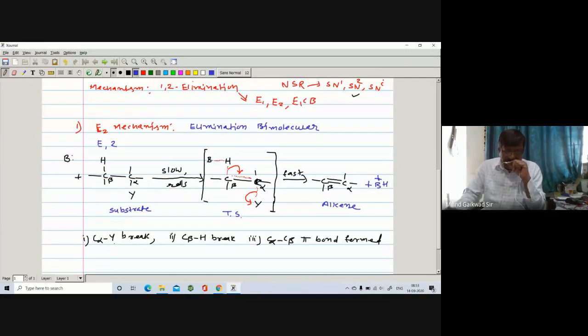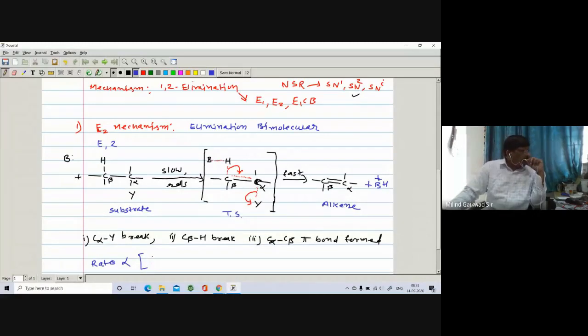Now, from the above mechanism, in the E2 mechanism, just like it is similar to your SN2, the first step is a slow step. So you can find out what is the rate of reaction. The rate of reaction depends upon the slow step, right? Now, can anyone tell what is the rate of reaction? Rate of reaction is directly proportional to the concentration of...